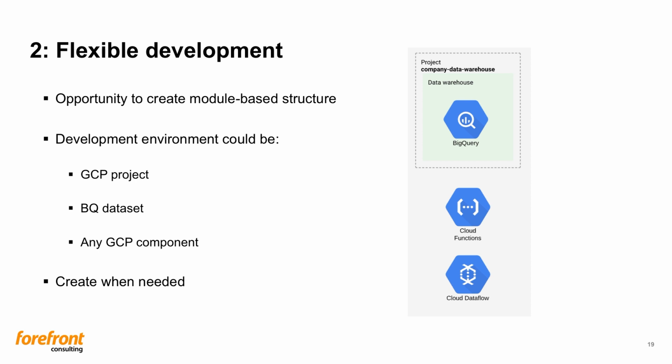For example, if you want to optimize a view in production in BigQuery, you can keep a dataset as a sandbox environment, where you can work on your view with production data without disturbing the other views in production. You can basically create small dev environments when you need them, and then delete them when you're done.